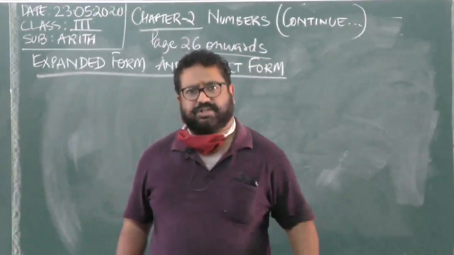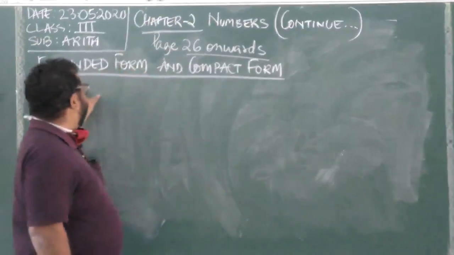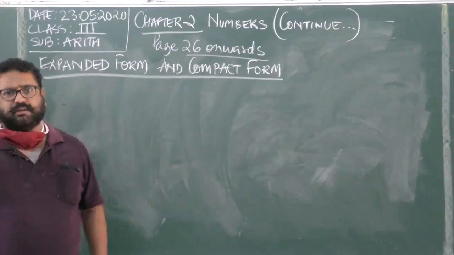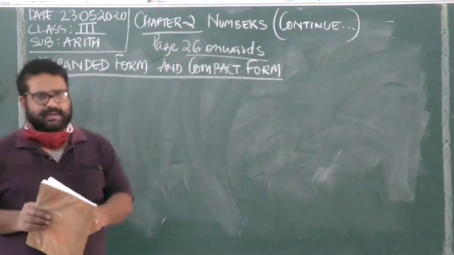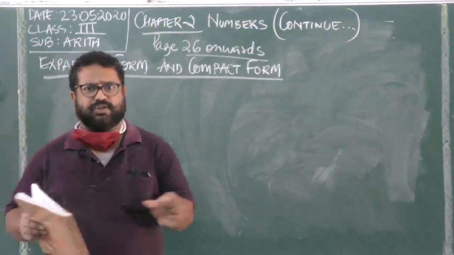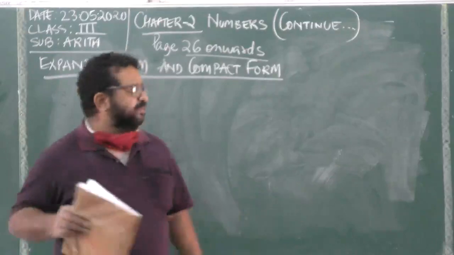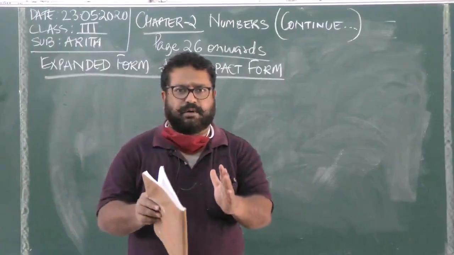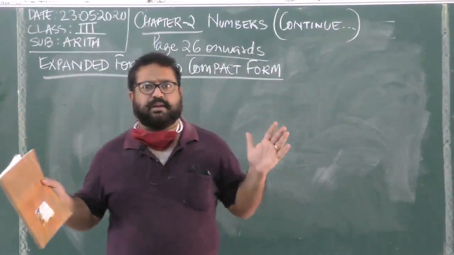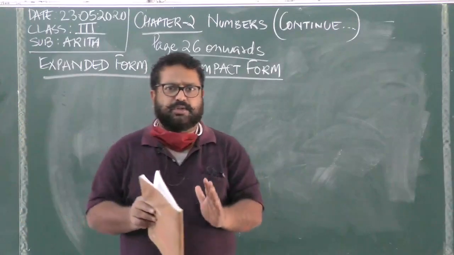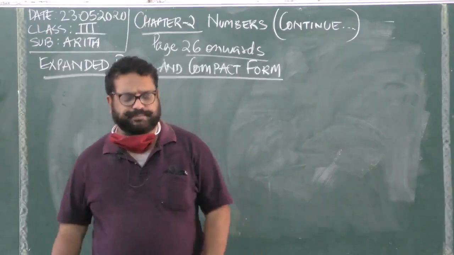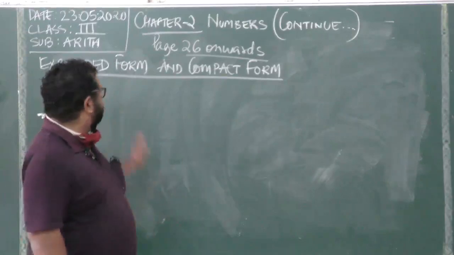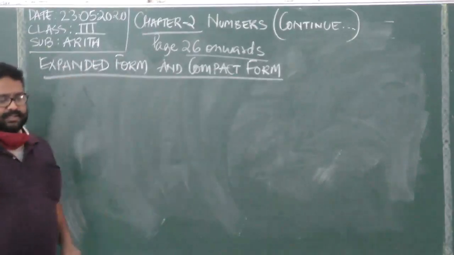Basically, literally the word expanded means when you take something small and stretch it, like a rubber band. You have a small rubber band, and when you stretch it you are expanding it. Compact means from a bigger thing you bring it small, you try to squeeze it in and make it smaller. So these are the literal meanings of these two words, expanded and compact.